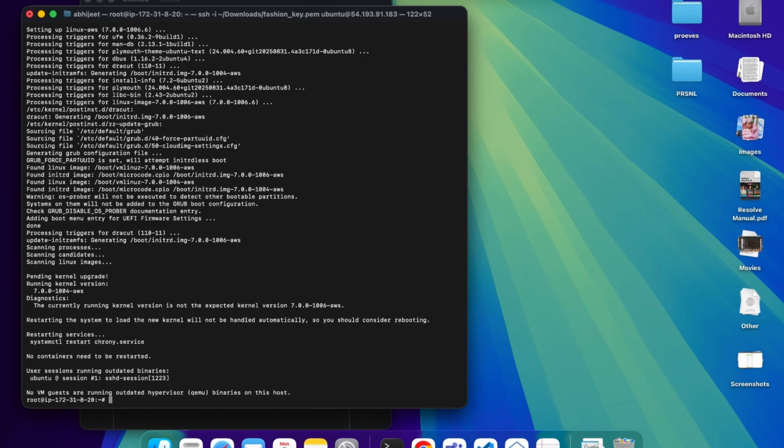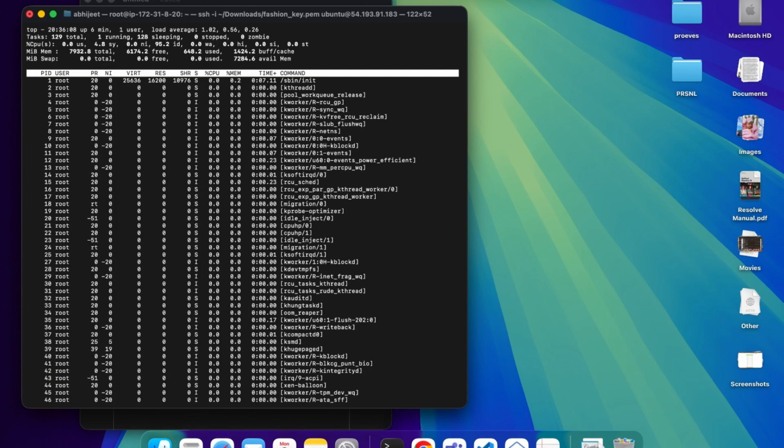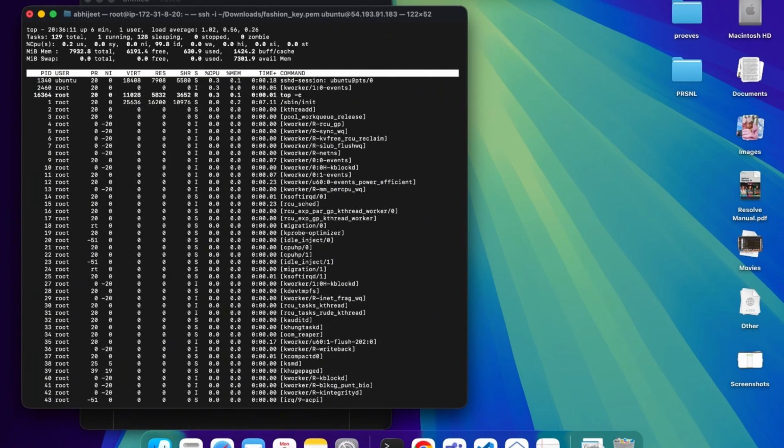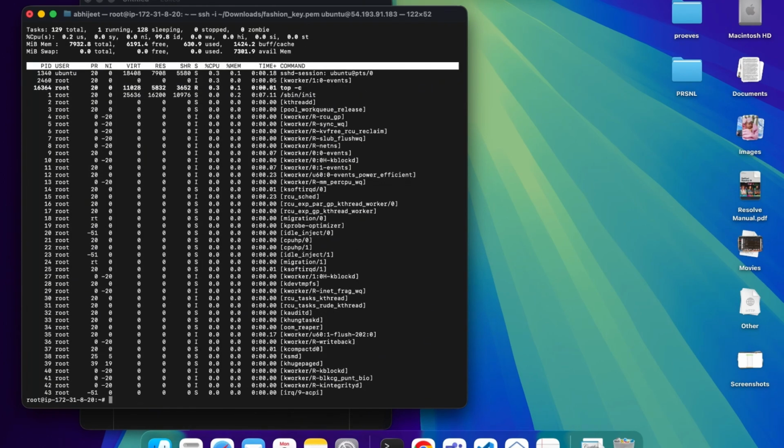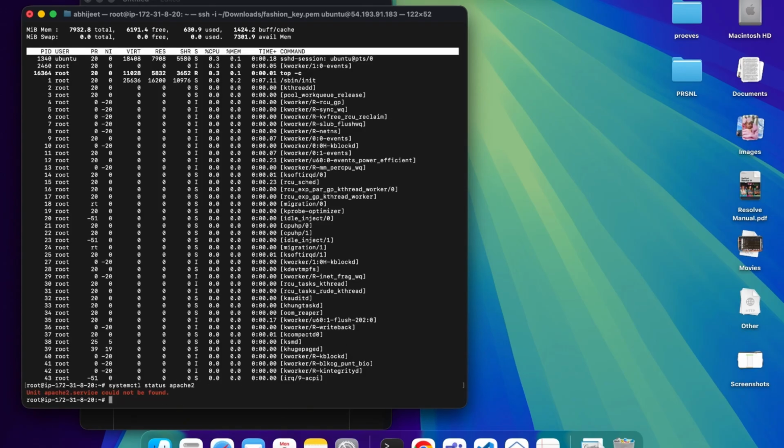All right, so we are all done. Let's see the processes that are running on the server. All right, okay, so now let's check whether we have Apache installed. No, we don't. So the next thing we're going to do is install Apache,